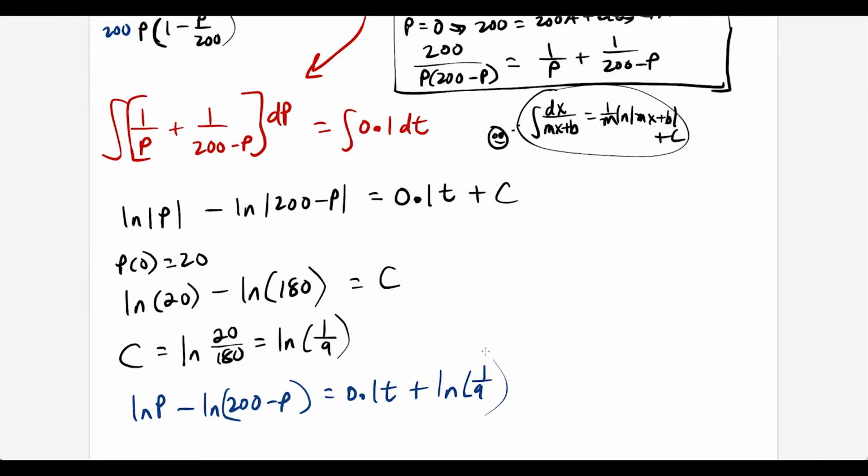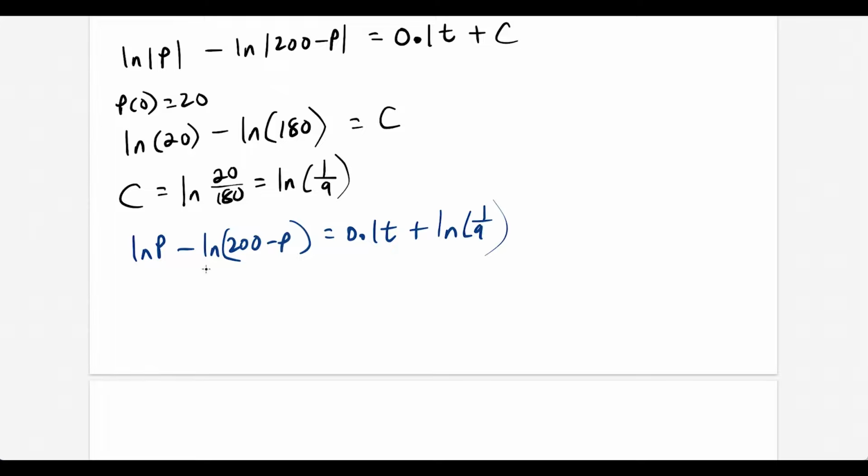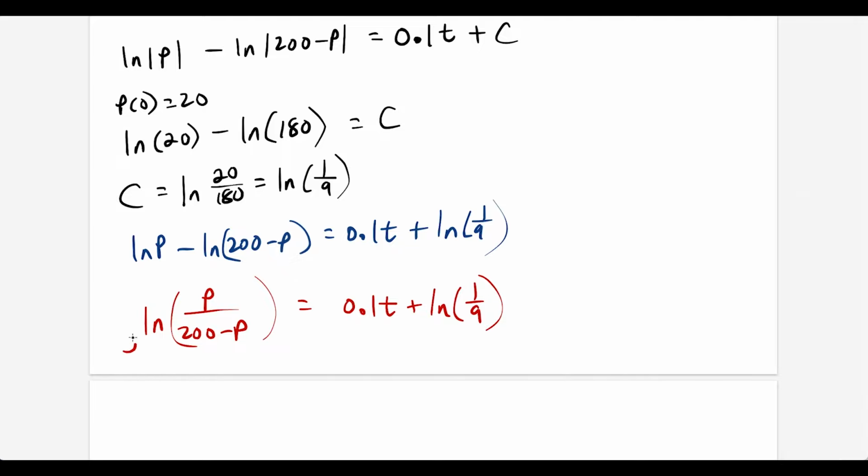And now the rest is algebra. So from here I would group these into a single log term. We have natural log of P over 200 minus P like this. And now this we could just set equal to 0.1t plus natural log of 1/9. And then from this step, I would exponentiate both sides, make both sides powers of e. And then this term is going to cancel here. We'll start writing the results over here in this little space. And what we're going to have is P over 200 minus P is equal to e